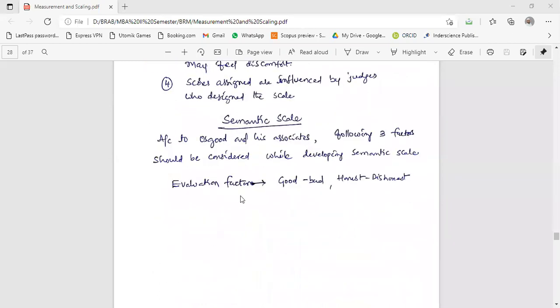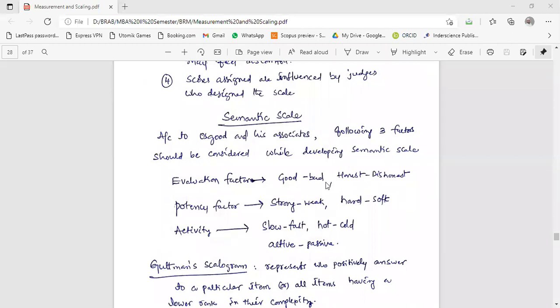There is one more scale, and that is the semantic differential scale. According to Osgood and his associates, Osgood is the name of the person, he developed this semantic differential scale. The following three factors should be considered while developing it: the evaluation factor, the potency factor, and the activity factor.